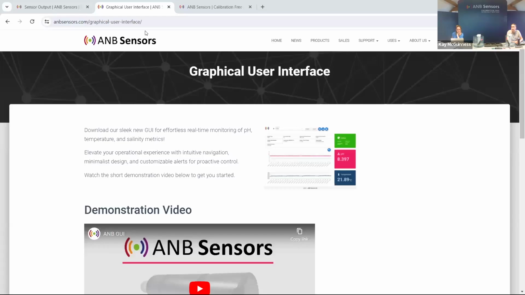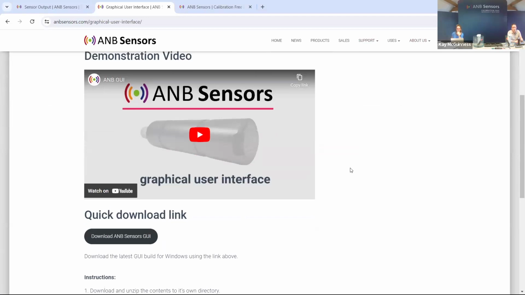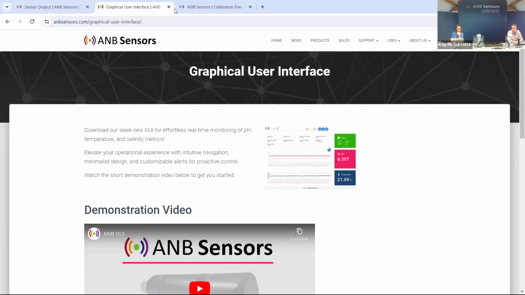So we've made a user interface for the customers based on feedback really from our customers. This is free of charge and it can be downloaded from our website. So if you go to the support section and GUI, you can get the demonstration video and the download link. Once you've downloaded it, you just unzip it, put it on your desktop, and then you're ready to go. And here is the GUI. Just move this out of the way. Here's the GUI running